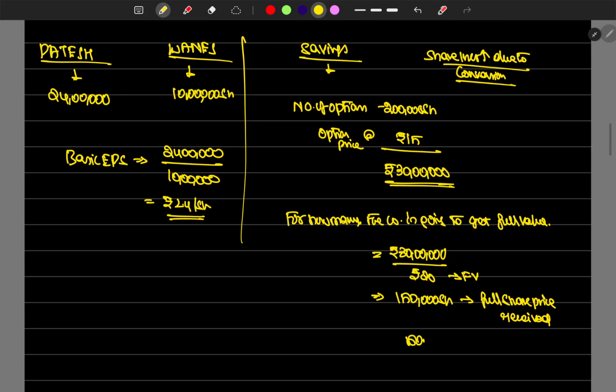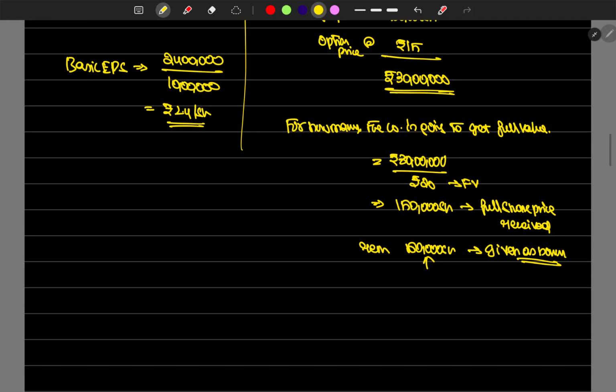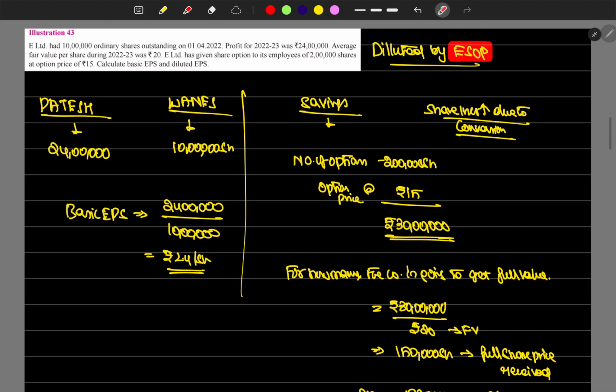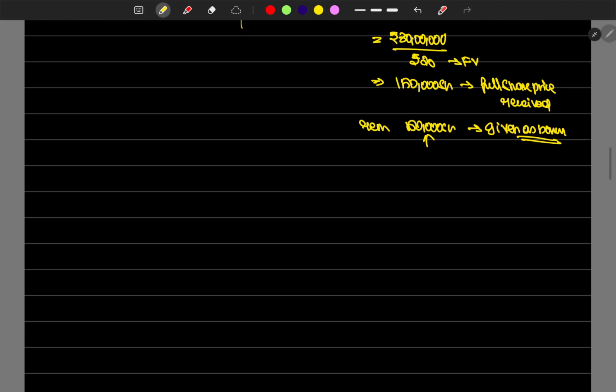Then the remaining 50,000 shares are given as bonus shares. Okay, 50,000 shares increased, but the company hasn't received any price for those 50,000 shares. So now we got the share increase due to conversion, which is 50,000 shares, and the company is going to save nothing, no savings out of this ESOP issue. Okay, then diluted EPS is equal to